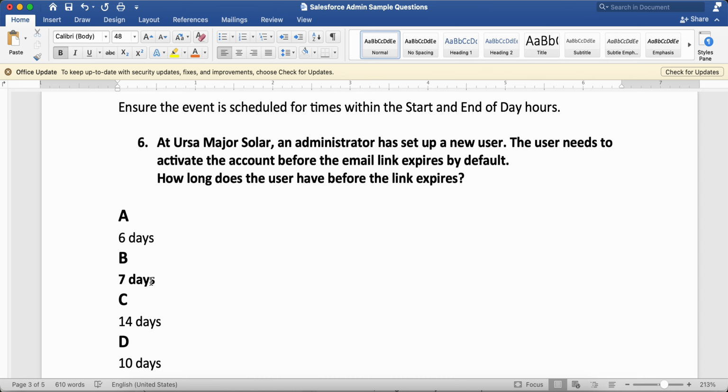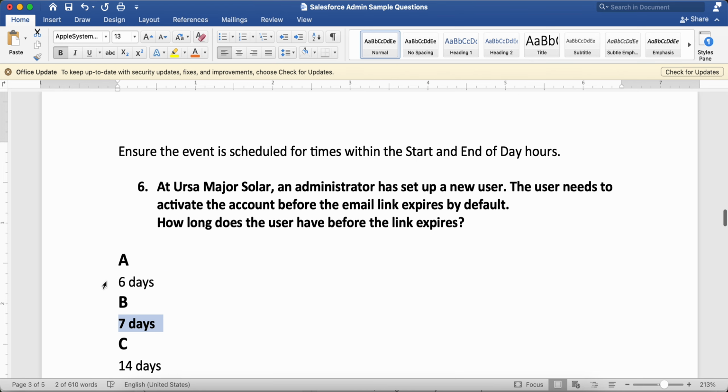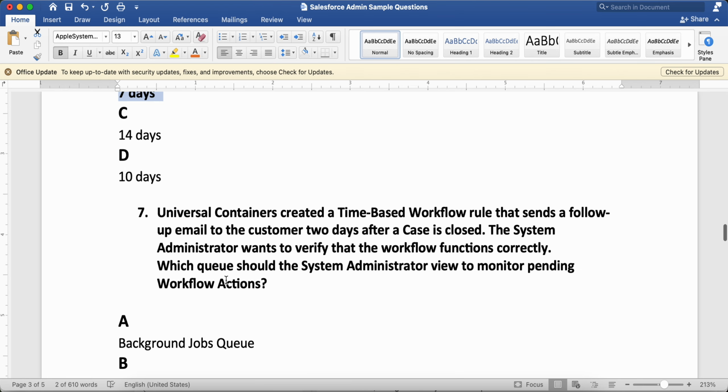Okay, so here the answer is 7 days, because by default, whenever there is a new user whose account is being set up, an email is sent to their account, and if they have to activate the account and they are not doing so, the link is going to expire automatically in 7 days. So here the answer is 7 days. Now let's move on to the next question.